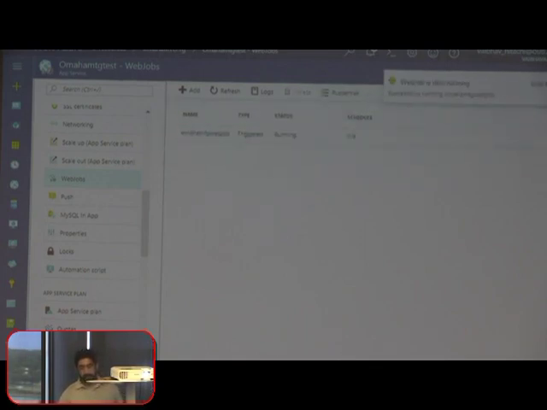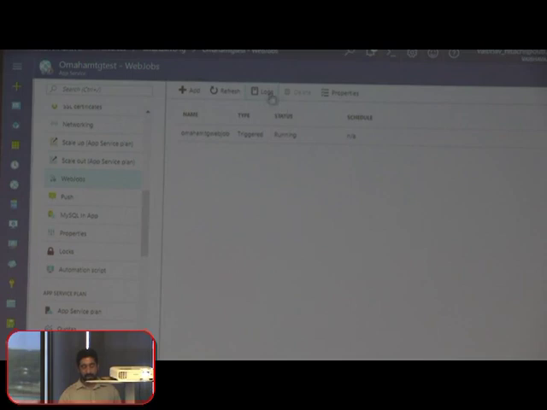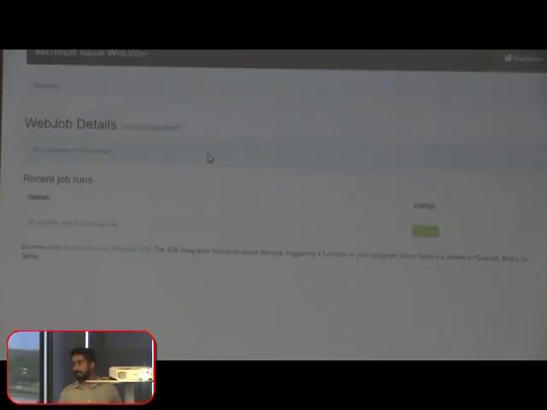As soon as I run it, its status reaches running. If the script or the exe doesn't have any exceptions in there, I can go ahead and check the logs for my web job by clicking on this logs menu. It keeps on logging how our web job has been running. If it is continuous or whatever it is, it will keep on logging what is happening. Since it was manually triggered once, it executed 30 seconds ago and it was success. If I click on it,